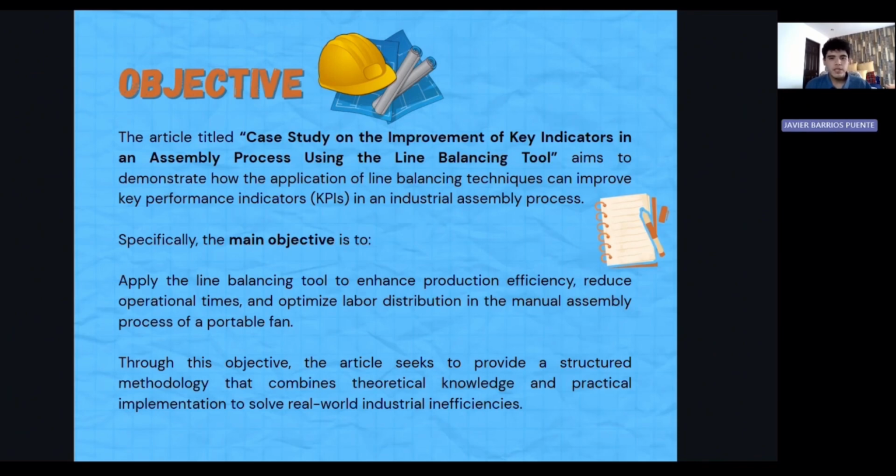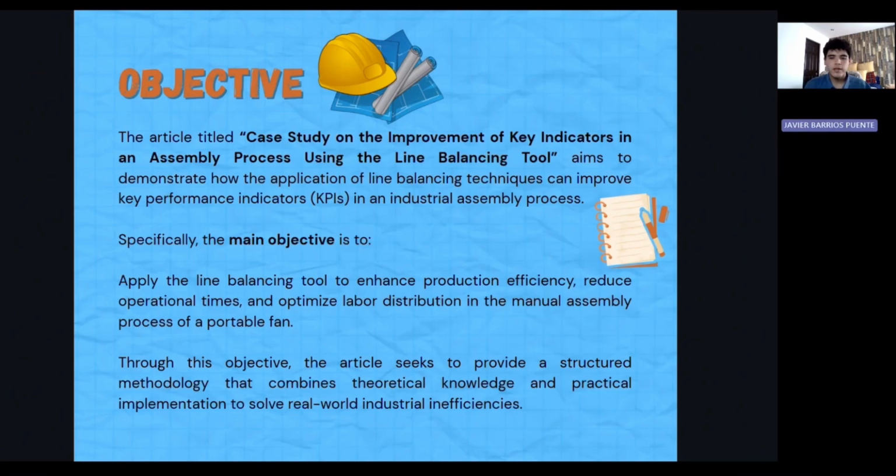Specifically, the main objective is to apply the line balancing tool to enhance production efficiency, reduce operational times, and optimize labor distribution in the manual assembly process of a portable fan. Through this objective, the article seeks to provide a structured methodology that combines theoretical knowledge and practical implementation to solve